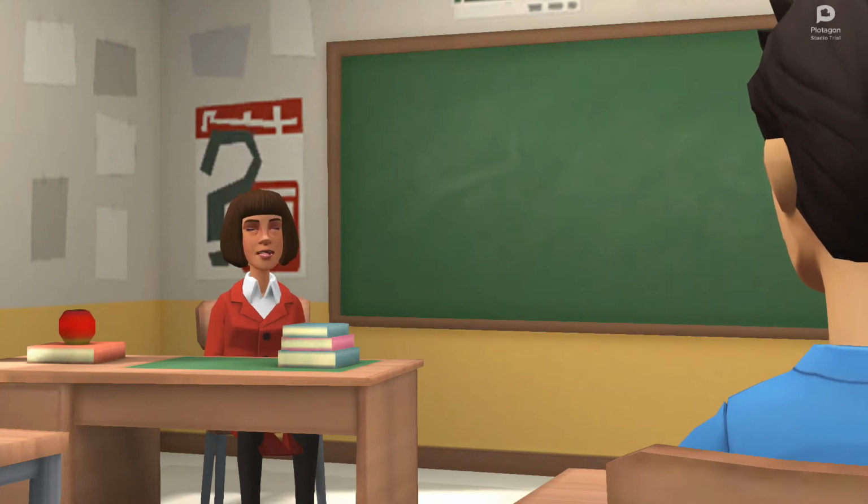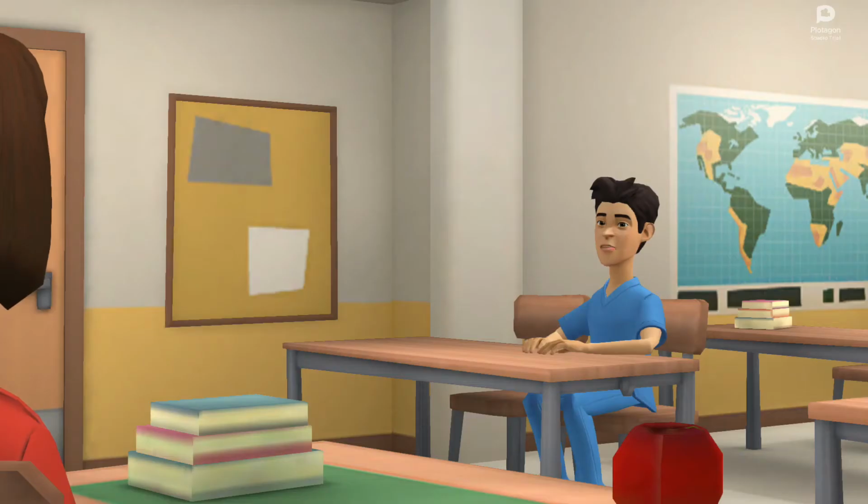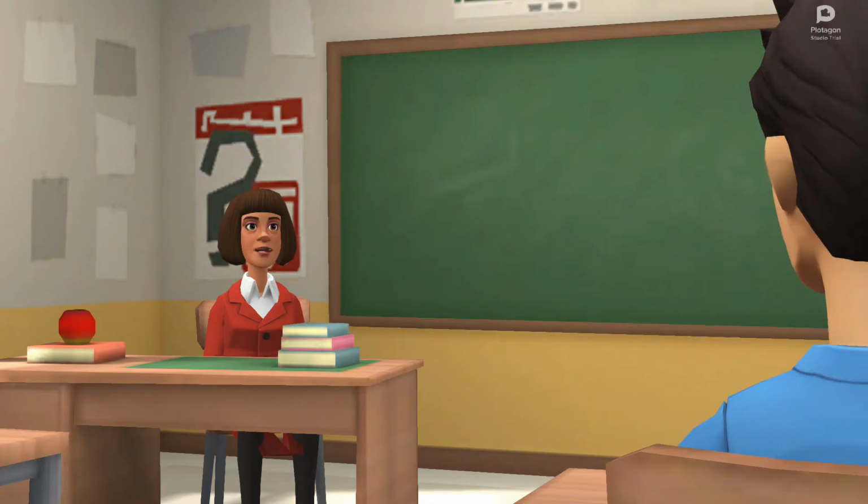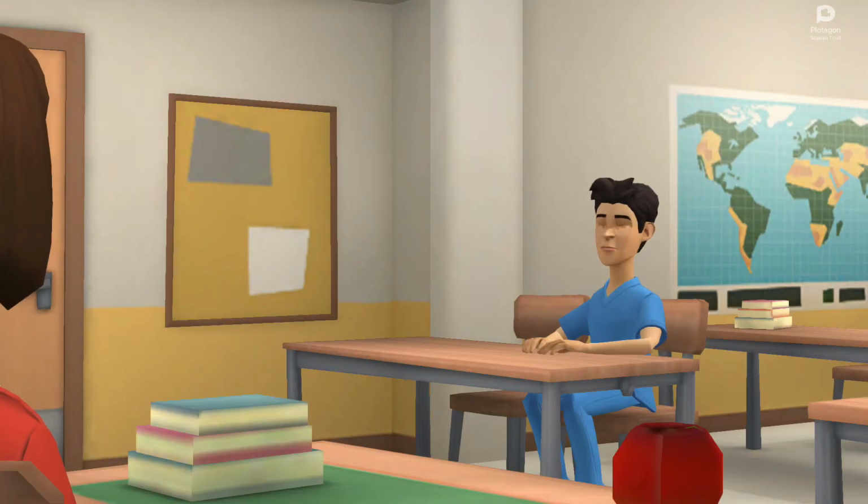Damien, do you have any more information on harmful effects of air pollution? Yes, ma'am, I have some information. Then tell. Okay, ma'am. Harmful effects of air pollution. Air pollution causes acid rain. Acid rain occurs when certain gases released by burning fossil fuels mix with the water in the air. This rain can damage forests, soil, water bodies and buildings.